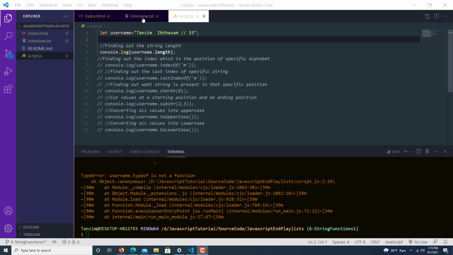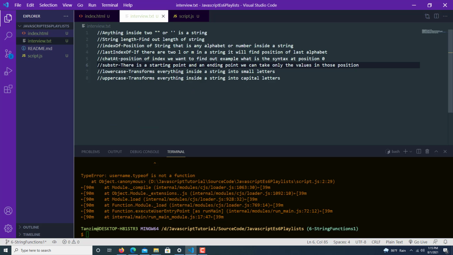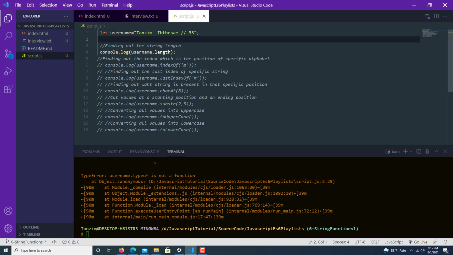Okay, so first data type which we are going to talk about is called string. So anything which is inside two double quotation marks or two single quotations is a string. So here, as you see, I have typed many things, and if I now do